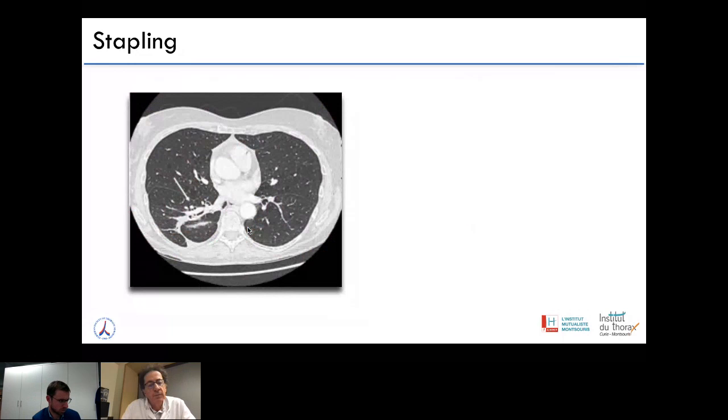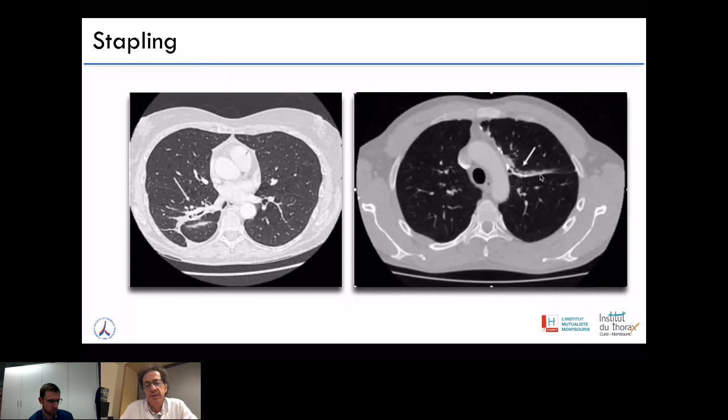I cannot go into the details of this study because we are just in the process of publishing it. We have just finished, we will submit it very soon. But we have made a study based on CT scans performed 3 months after a segmentectomy to see how the remaining segments look. So sometimes it's not very good, like you see here, this partial consolidation of the remaining segments. But in most of the cases, it looks like this. And probably the drawback of stapling in this patient is minimal.